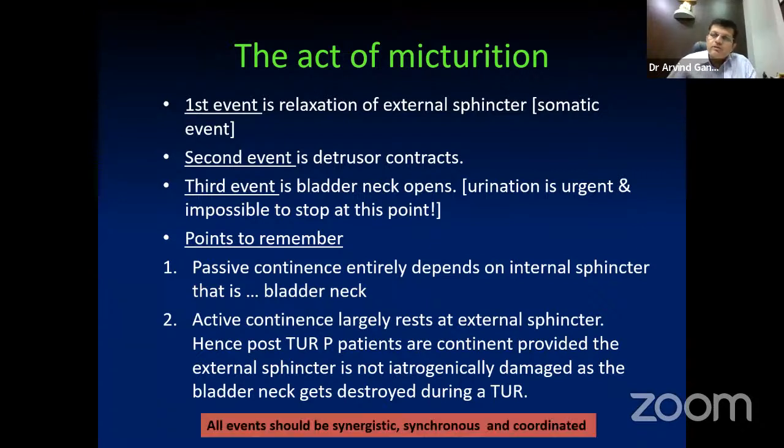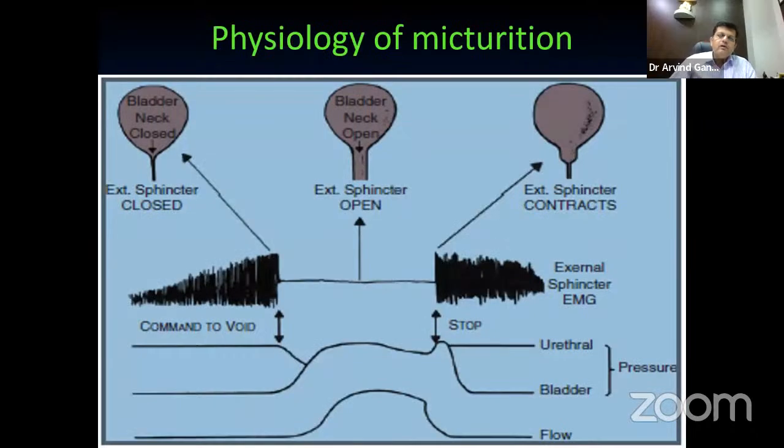So the bottom line of this slide is that these are the 3 events of the act of micturition, and we have to remember that all events should be synergistic, they should be synchronous, and they should be coordinated. If all these 3 things are there, then it's very unlikely that the patient will be having a neurogenic or a non-neurogenic bladder. The same thing can be depicted in this very beautiful schematic drawing, wherein it shows what are the